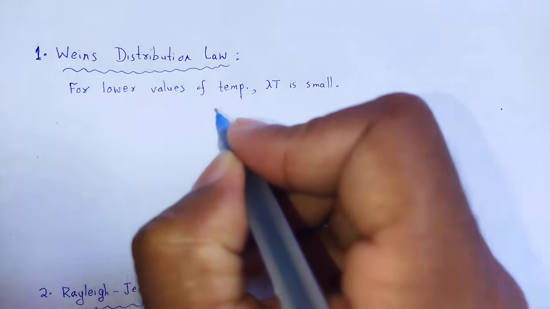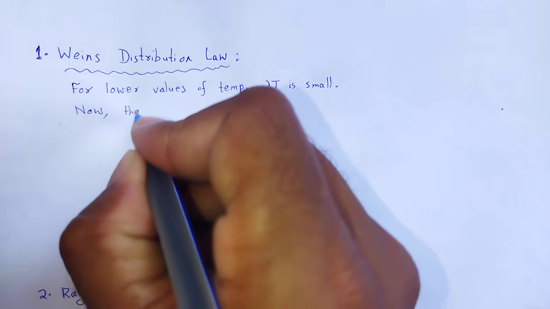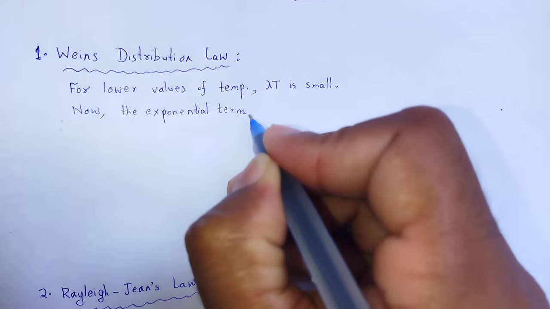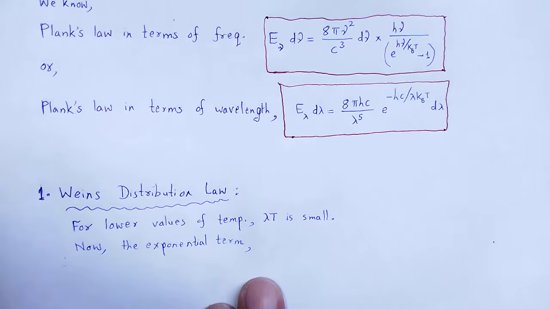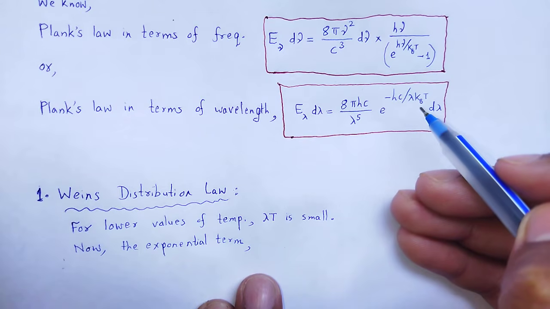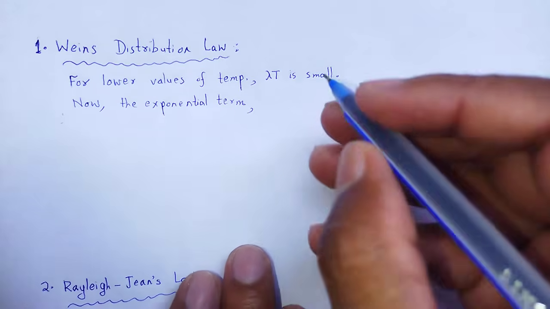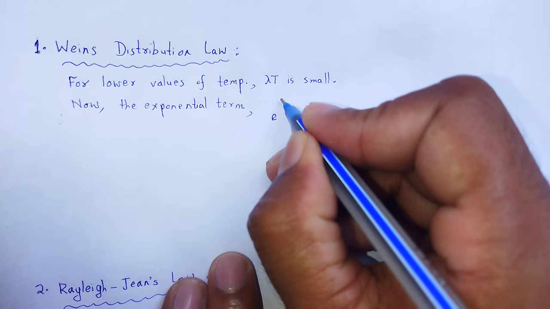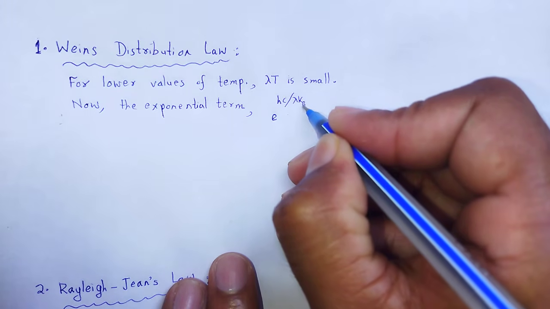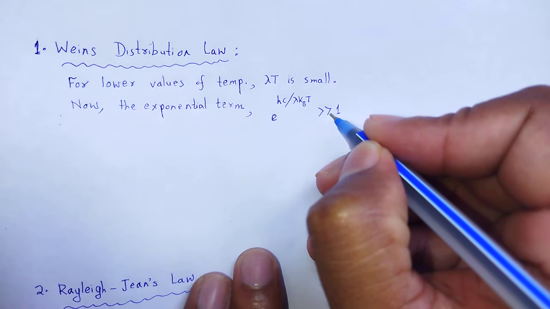Now, the exponential term e to the power h c divided by lambda kBT is very much greater than 1, so that we can ignore